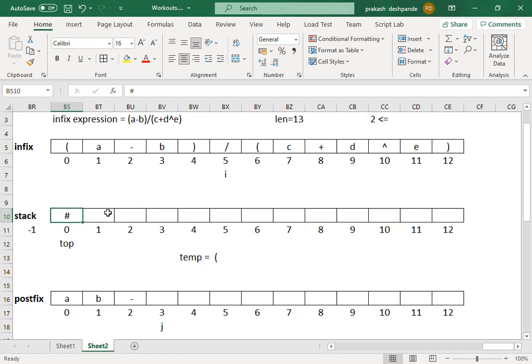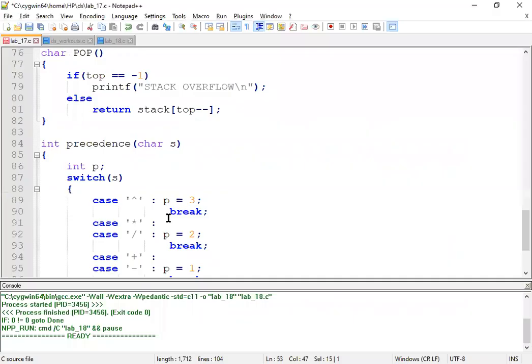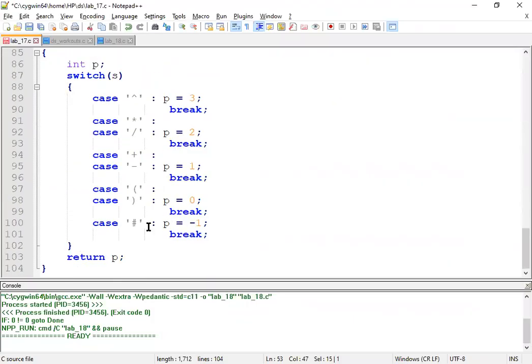For that purpose, we are using the hash. If you observe the code segment for the precedence carefully, the priority for the hash is the least, that is -1. So it has the least significance compared with all other operators.